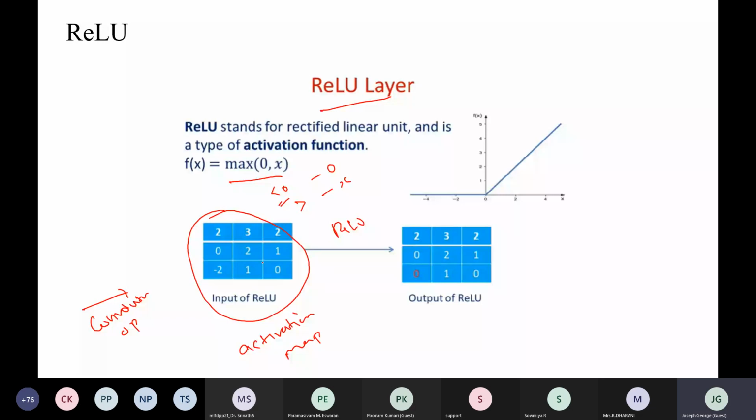If it is a negative value, it will be turned into 0. The pixel value will be turned into 0. And if it is a positive value, it will be considered as it is. So 2, 3, 2 will be considered as it is, whereas here -2 will be treated as 0.